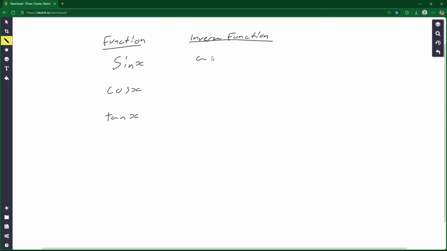are going to be arcsine x, arccosine x, and arctangent x. And then these can also be rewritten as sine inverse, cosine inverse, and tangent inverse. All right,